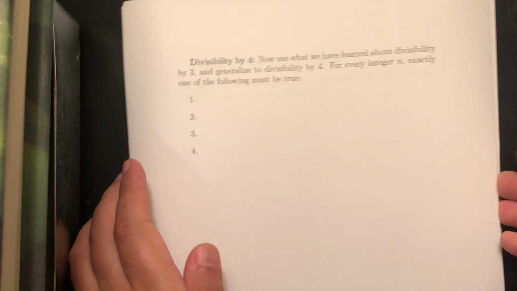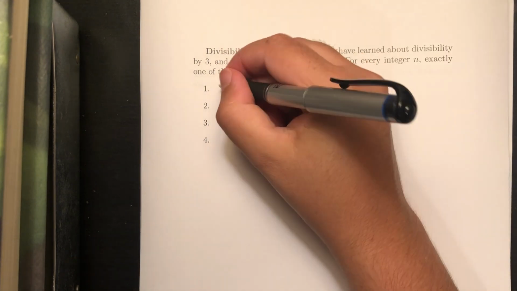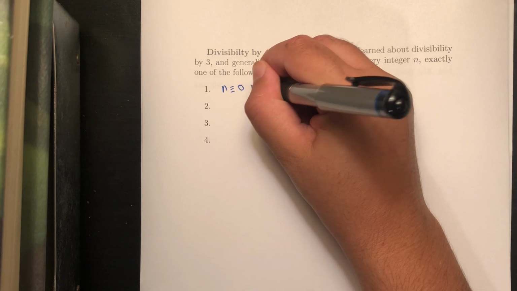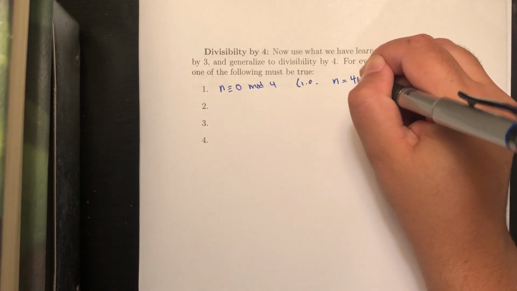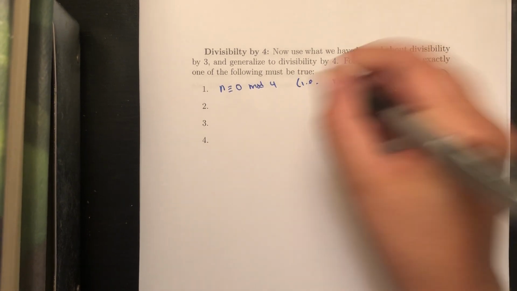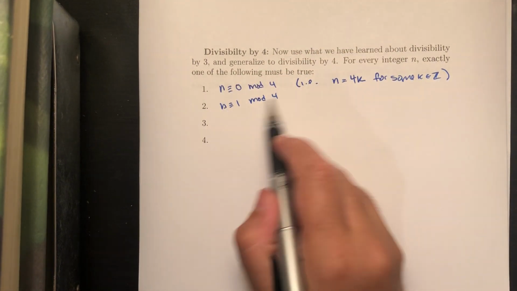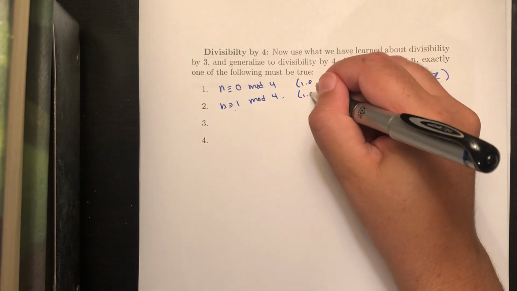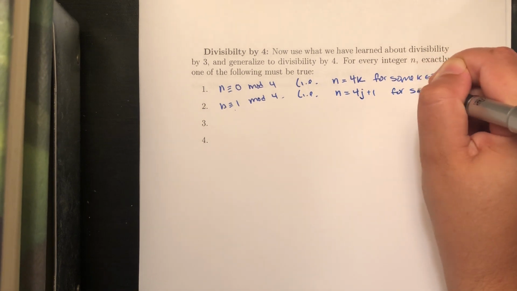All right, now let's extend this to divisibility by 4. Sort of analogously, we're going to be able to split this up into 4 cases. The first case would be n is equivalent to 0 mod 4, which essentially just means n is itself a multiple of 4. Or n is equivalent to 1 mod 4. That means when you divide n by 4, you get a remainder of 1, which means you can express n as 4j plus 1 for some integer j,